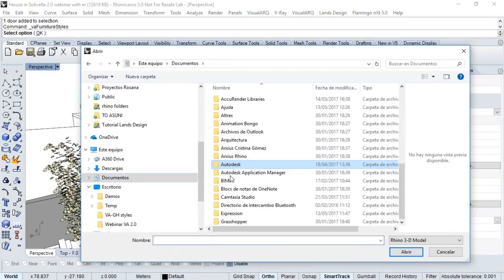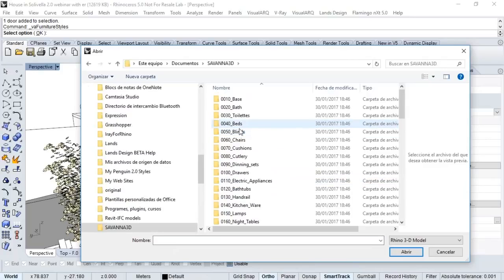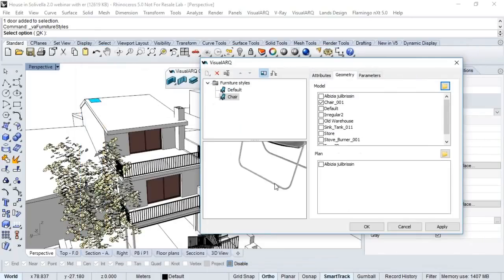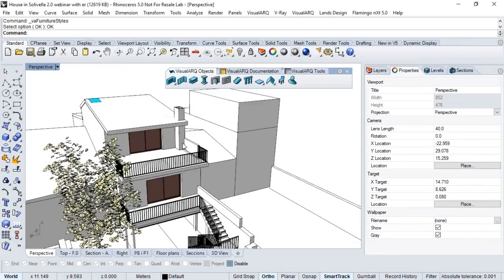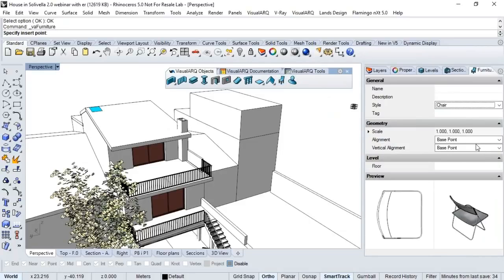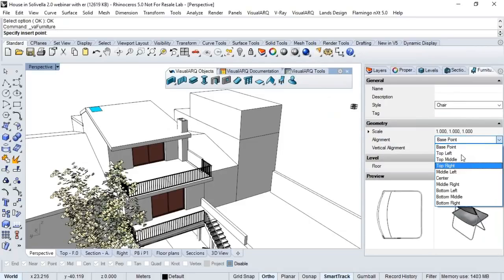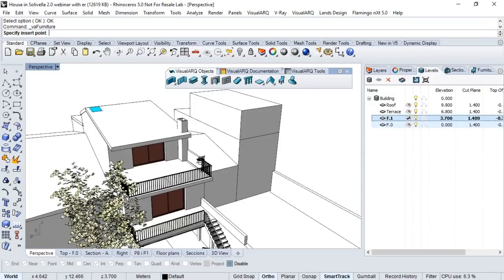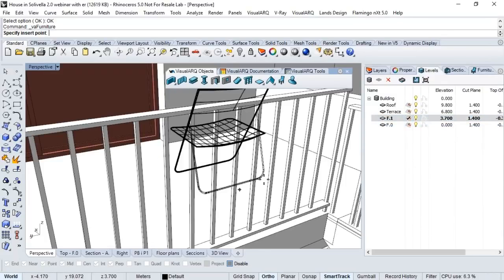And here I just look for the Savannah block library where there are some nice blocks. In this case, I choose a chair. And now I have a new style for a chair. Okay. Now I can insert this chair. There are some insert options. For example, I can choose the alignment of the chair, and just insert the chair here in this